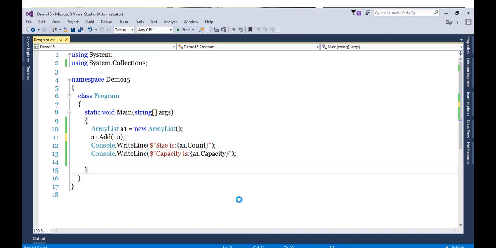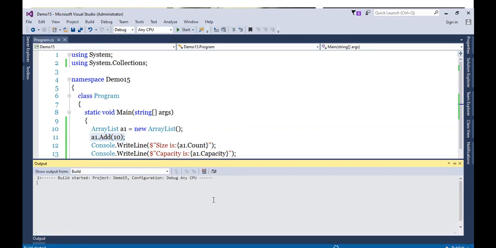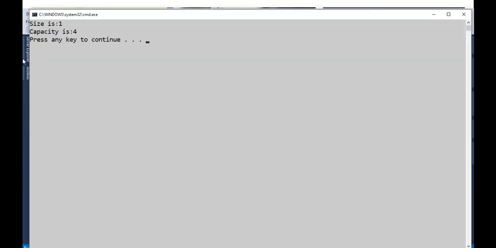So now there is an element added in the ArrayList. Now let's watch out the size and capacity. If I run this, you can watch out the size is 1 and capacity is 4. Now how is this 4 taken? 4 is a default value. So the capacity gets increased in multiples of 4.